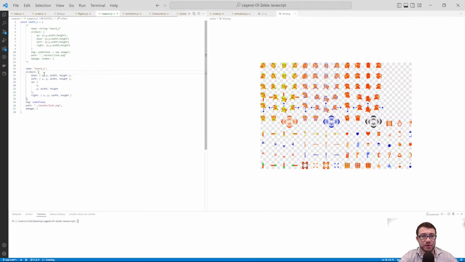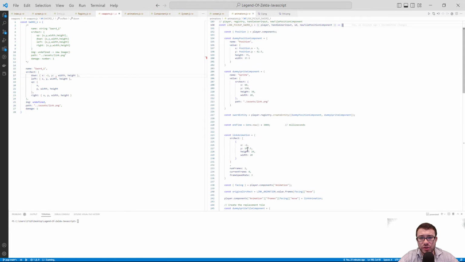Because I think that might be the right way to go about this. We can do -2, or even let's do -1 because it isn't as wide. We'll just move it very slightly to the left. The next value, where was the sword here? We used 190. Why don't we try that as well? And then for width, let's do